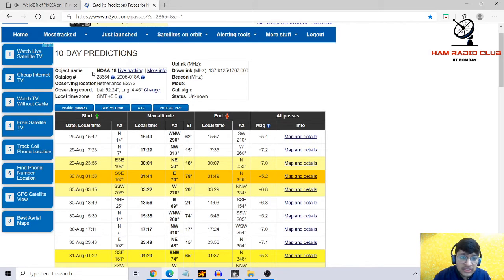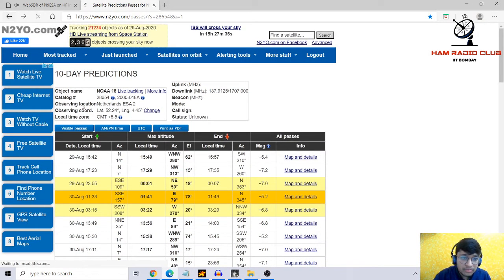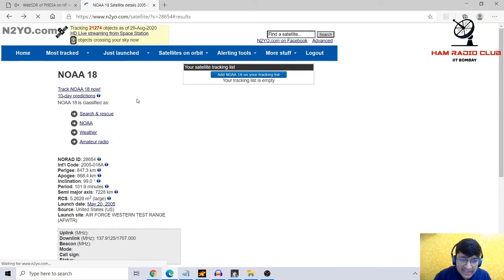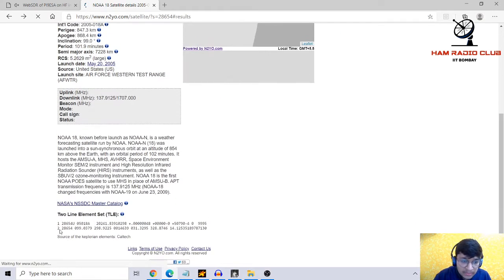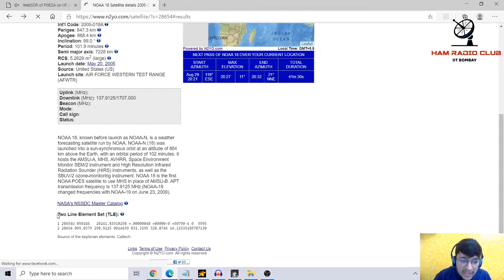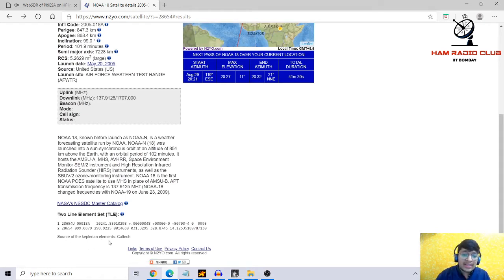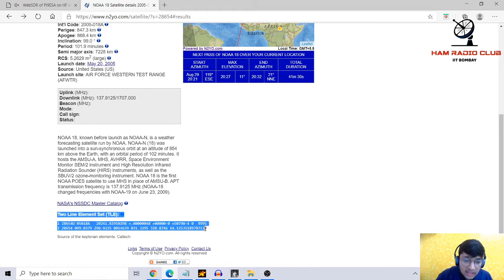So as I was saying, if we go in NOAA 19 details, we get something called a two-line element, TLE, and this is the source of Keplerian elements. Basically this means that this is the information about how the satellite is going to move in which orbit, above what. So this is basically the entire data of the satellite about its movement.